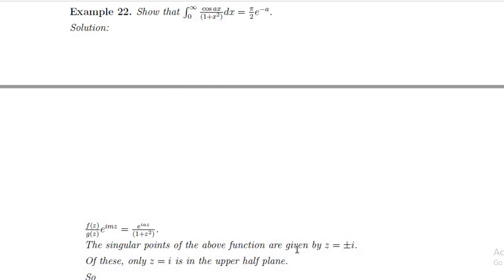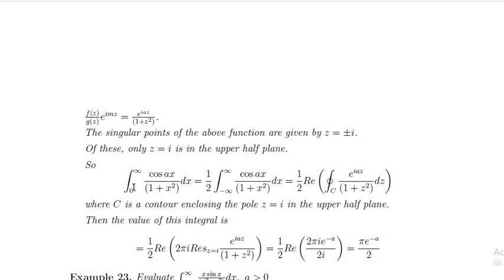Next you calculate the singularities. So singularities are plus or minus i. Of these singularities, both are simple poles. Then you take the singularity which lies in the upper half plane. Here z equal to i lies in the upper half plane. So the integral from 0 to infinity of cos ax by (1 plus x square) dx is equal to 1 by 2 times the integral from minus infinity to infinity of cos ax by (1 plus x square) dx. So that's equal to 1 by 2 times the real part of the integral over c of e raised to i a z by 1 plus z square dz, where c is a contour enclosing the pole z equal to i in